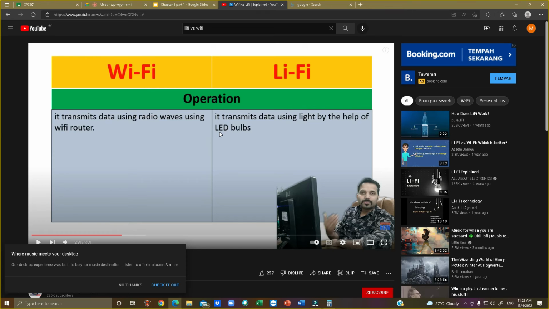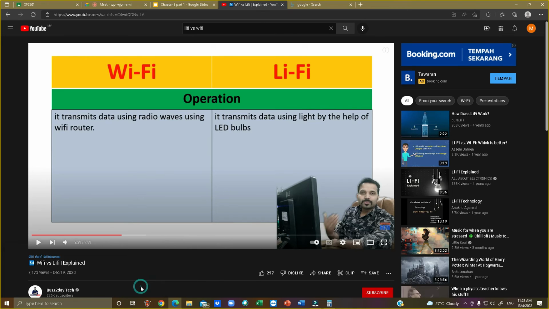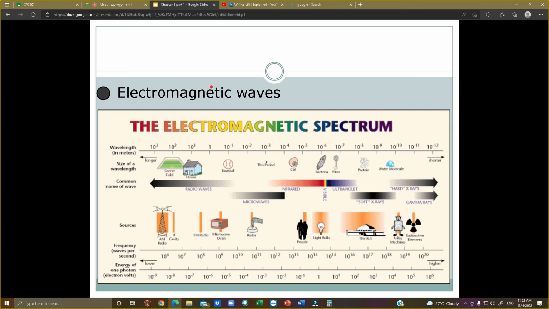Sekarang Wi-Fi paling laju berapa gigabyte per second? Siapa rumah pakai Wi-Fi gila babi melaju boleh jadi apa ni? Server ni. How fast is the latest one? Saya masih pakai yang lama. Dah diam balik. Hello. How fast is your Wi-Fi now? Berapa sekarang? 100 rasa. 100 gigabyte per second.